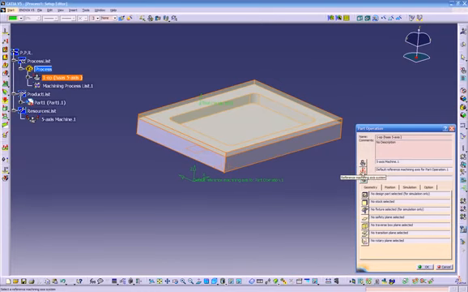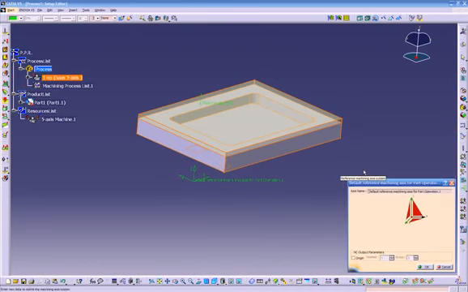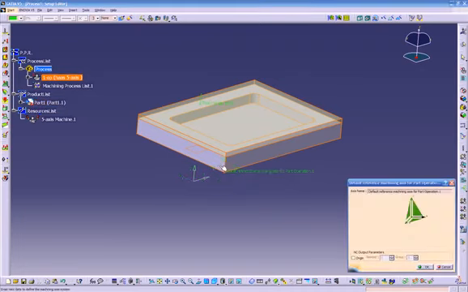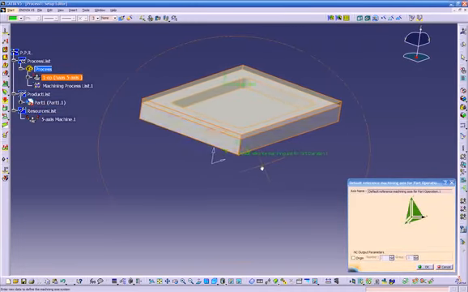Now we have to go next to create our axis. See, our axis right now is over here, but we have to make sure we specify our new axis. So let's click on axis and click anywhere on the red area. Okay, and it's going to ask you to select, on the bottom left hand corner, it says select an axis, and we just click on the new axis that we just created earlier, and automatically it's going to